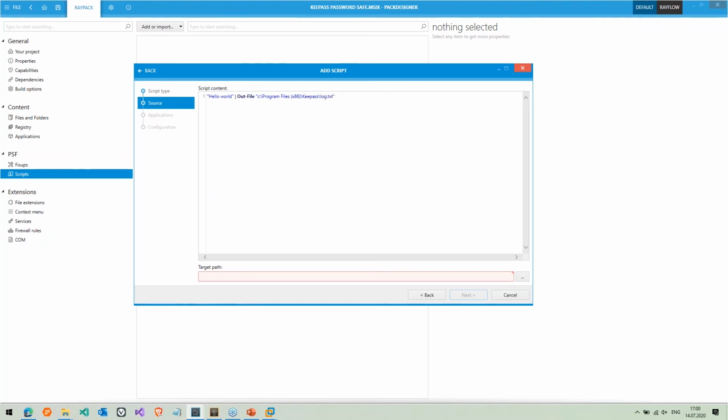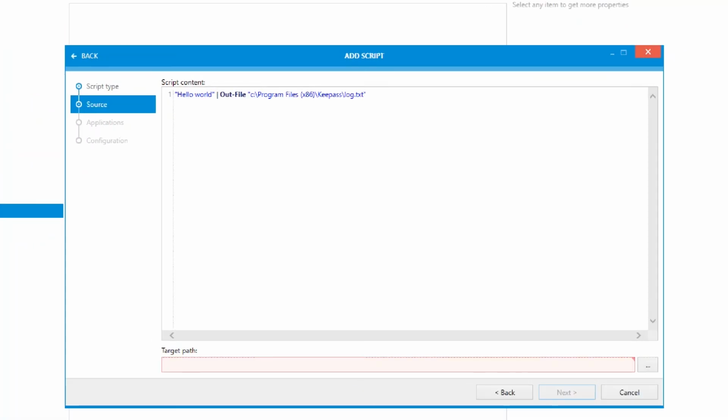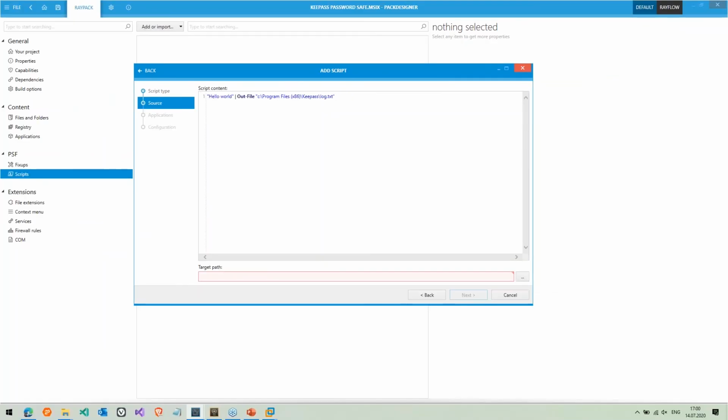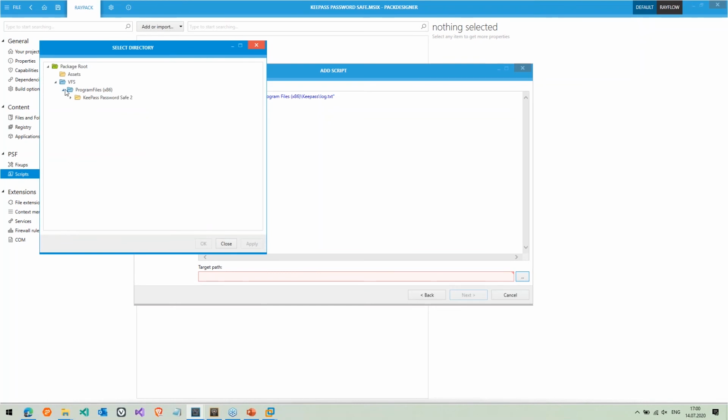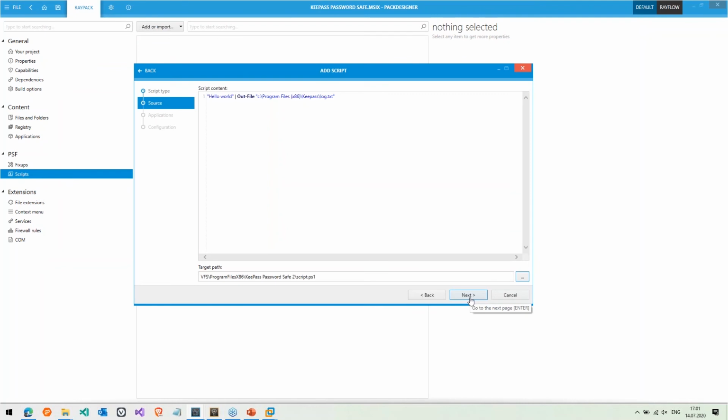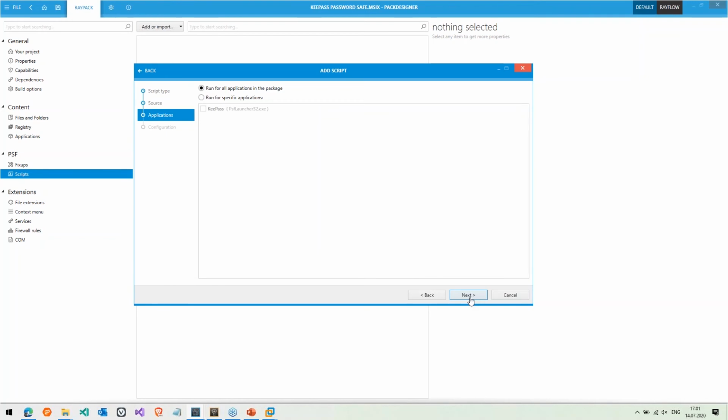So in the PowerShell world, this would just write a string into a file. And then the target path where to save the script, let me just select. It's going to be part of my package, so I can put this, for example, in my install dir in program files under VFS. And that script is going to be called, and the content you can just see on my screen. So it's pretty easy to set up, and let's say we are going to run this for, again,